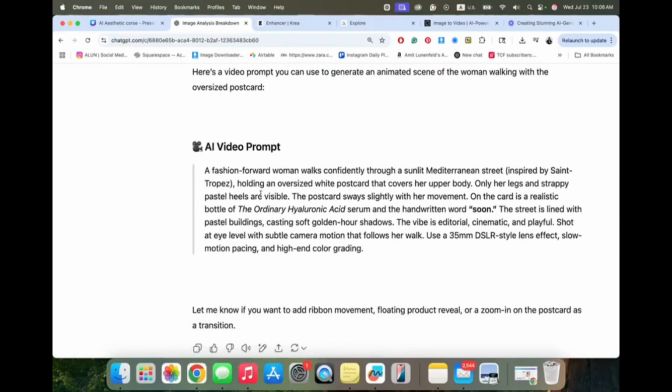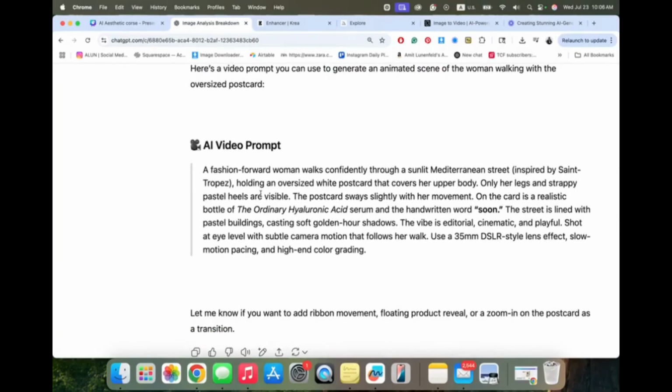What I got here, I got a fashion forward woman walking confidently through a sunlit Mediterranean street, holding oversized white postcard that covers her upper body. Only her legs and strappy pastel heels are visible. The postcard shakes slightly with her movement.